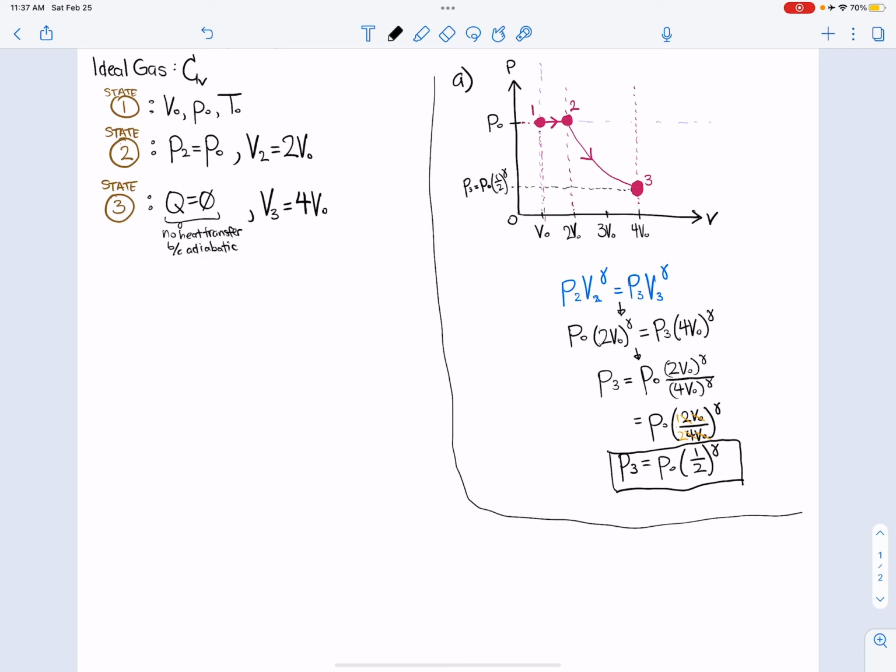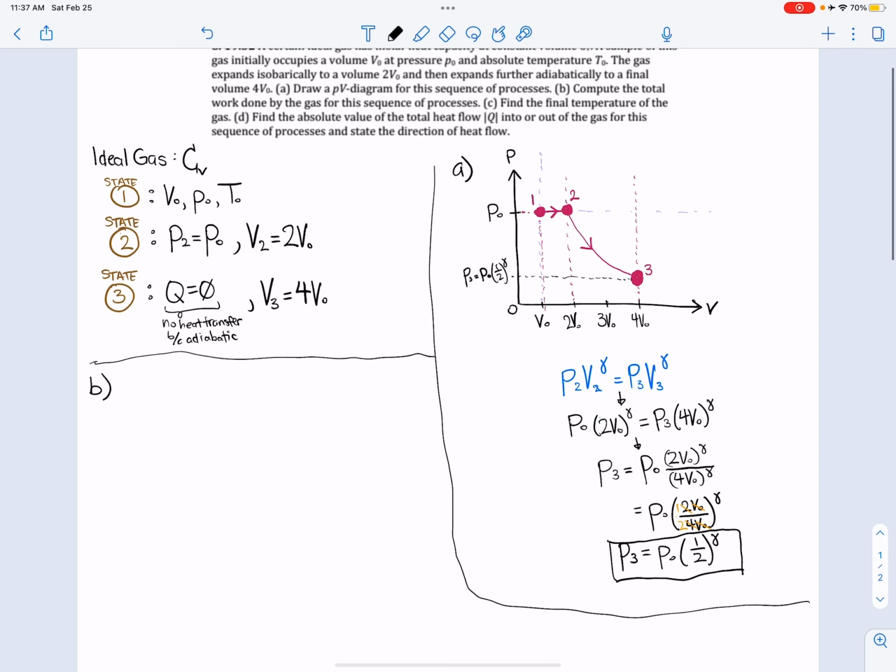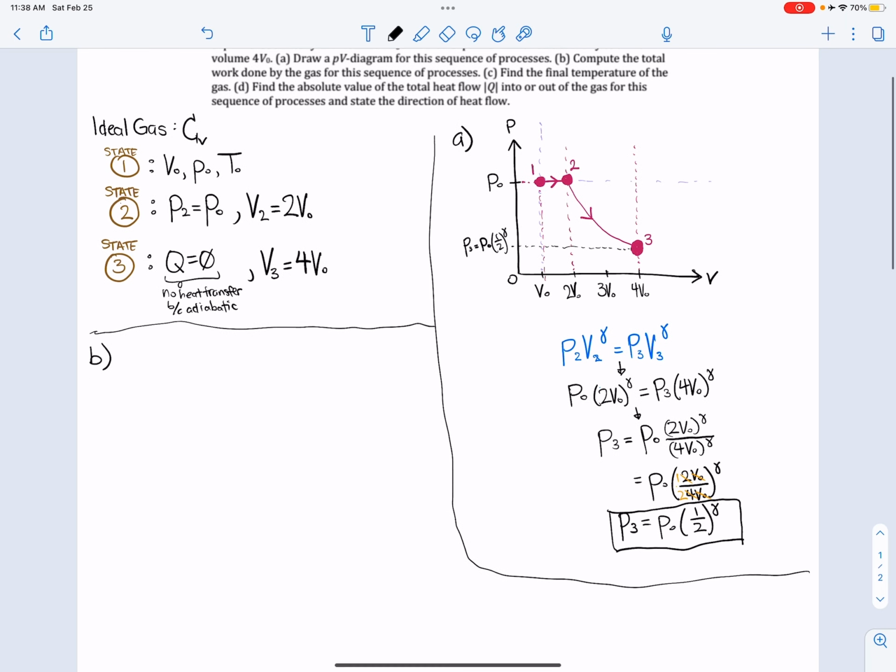Part B. Compute the total work done by the gas for the sequence of processes. So when we say work done by the gas, we're looking for the work done by the system, right? Because the gas is the system in this problem. So if we are looking for the work done by the gas or work done by the system,